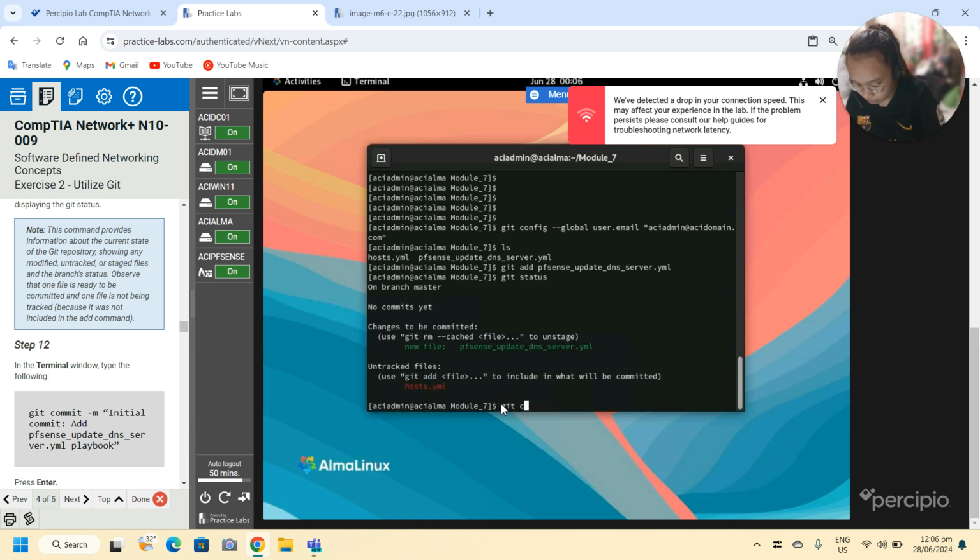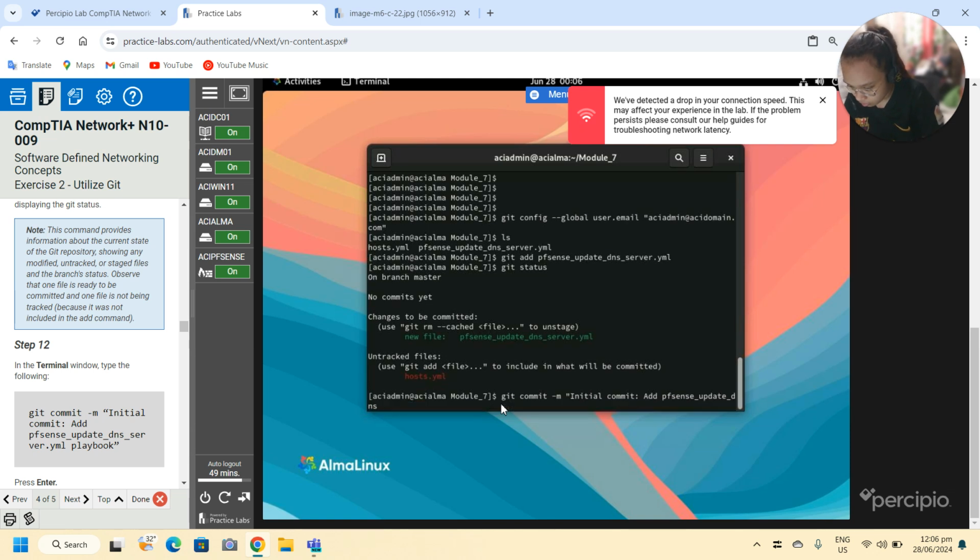So in the terminal window, type the following. So we have git commit -m initial commit add update DNS server.yml playbook.